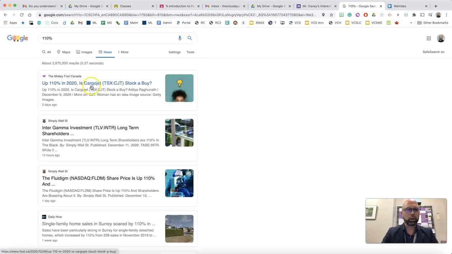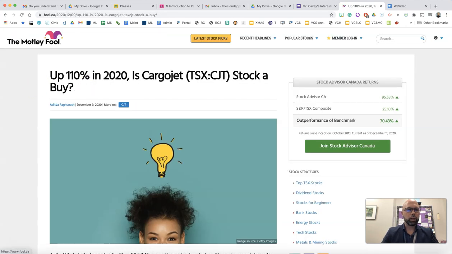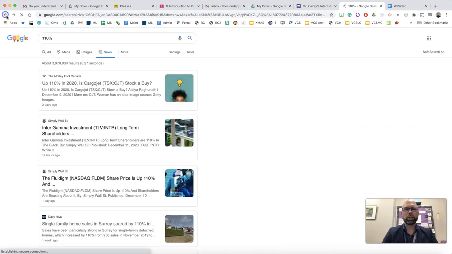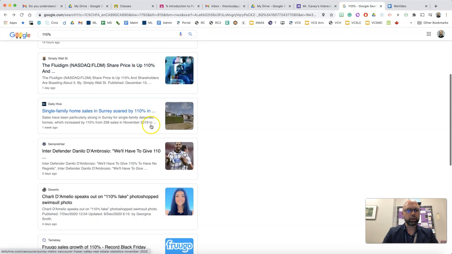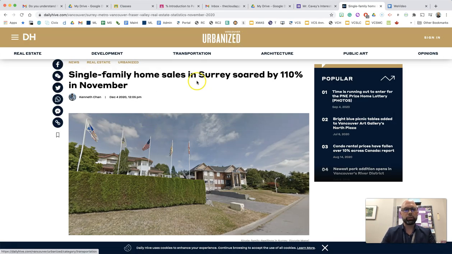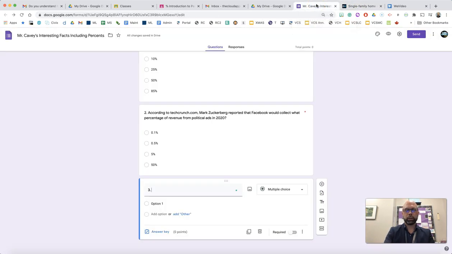There's a stock called Cargojet. And according to the Motley Fool, that's a stock website, Cargojet is up 110% in 2020. I'm not going to use this as a question because no one has a clue what Cargojet is. That's not very interesting. Oh, here's a local story. I think I used this morning. Yes. Single-family home sales in Surrey soared by 110% in November 2020. So according to dailyhive.com,